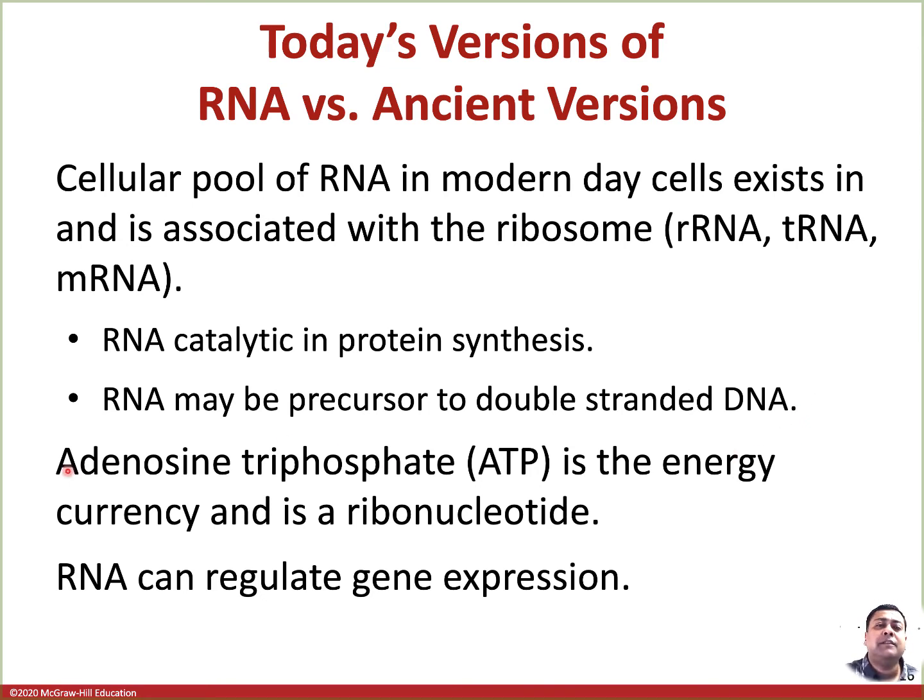Interestingly, adenosine triphosphate is essentially a nucleotide. It is a ribonucleotide. So what is the difference? In DNA, you have deoxyadenosine triphosphate, whereas adenosine triphosphate is the nucleotide which is present in RNA itself, and it is the energy currency or source of energy in the cell. So this is a very interesting idea that we all know, but it is a nucleotide of RNA.